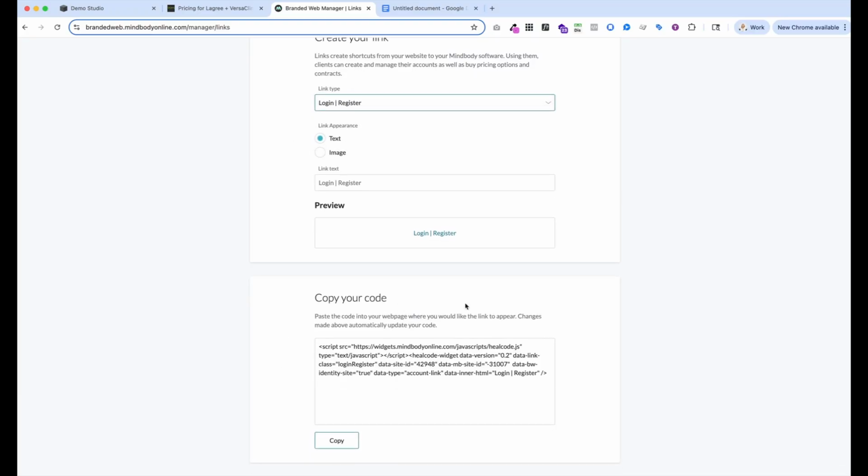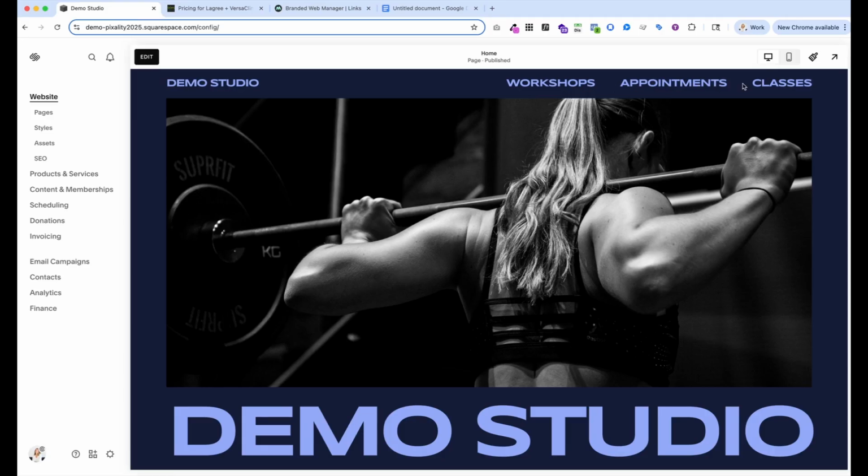Then if you scroll all the way down, you'll see this code. This is the code that you would need to add to your Squarespace website to bring up that portal into your user's Mindbody account. We could copy this and add it to any page with a code block, and we would have that functionality right on the page. But it gets a little more tricky when we're trying to put it in the navigation,